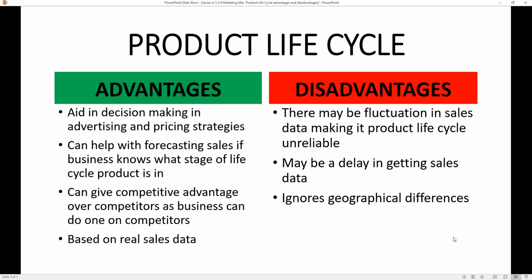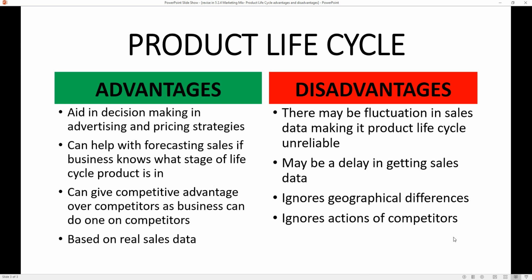It ignores geographical differences. Okay, so Ford is an international business. Certain types of vehicles do a lot better in different countries. For example, 4x4 big Ford pickup trucks, they are massive in America. So those types of trucks will either be in growth or maturity. Whereas here, we like the smaller cars like the Ford Fiesta. Going back to the product life cycle here, the Ford Fiesta and the Ford Focus, they're both in growth and maturity. So it does ignore geographical differences. So you'd have to do a product life cycle for every area or country,